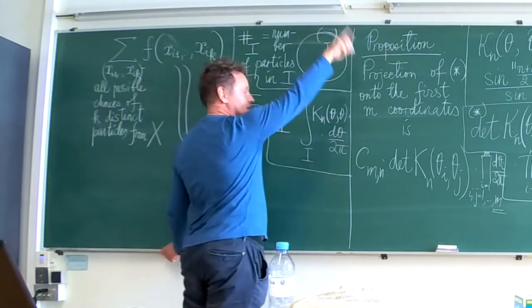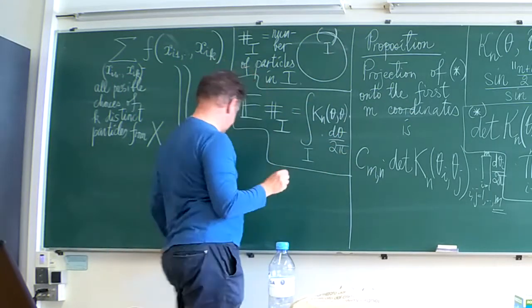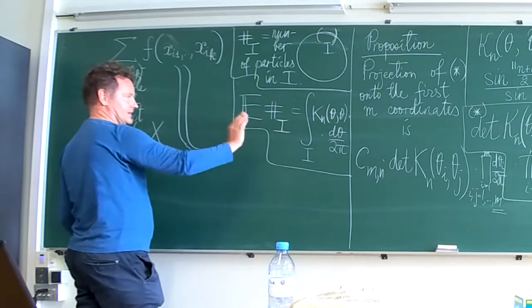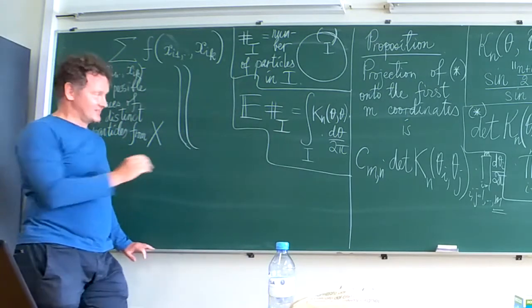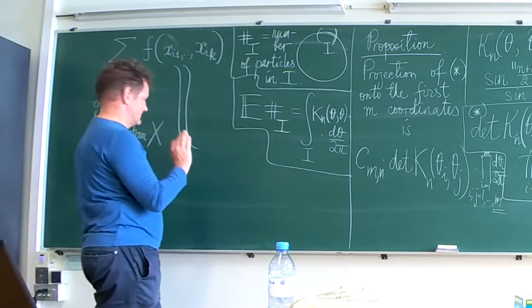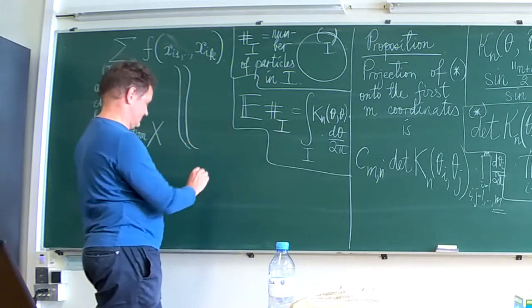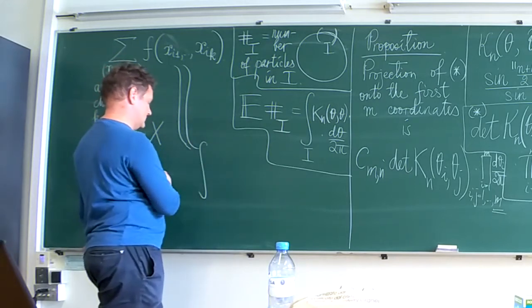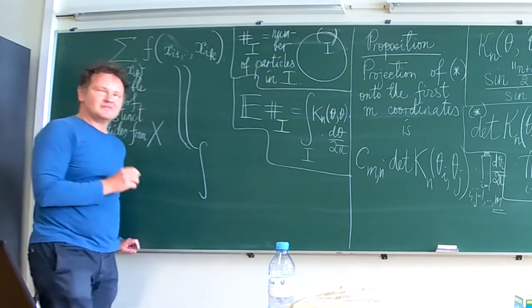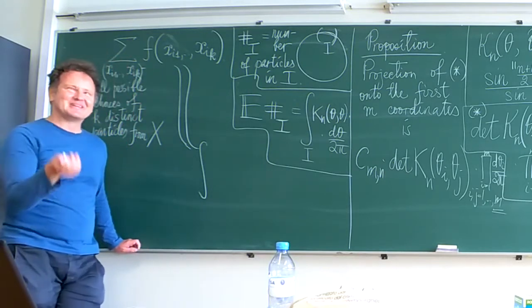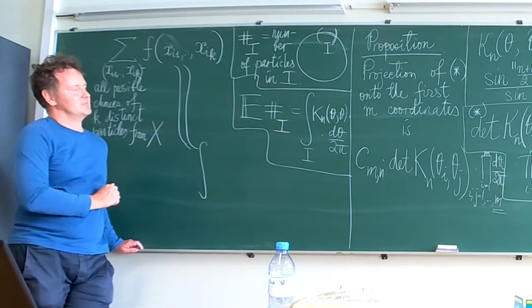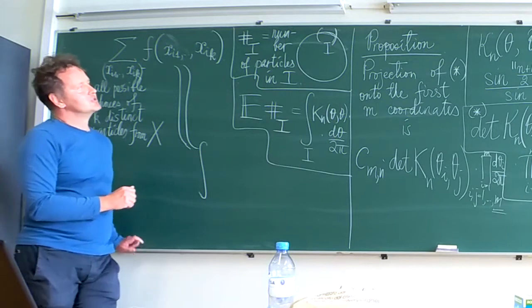The proof of this theorem is a very nice exercise. We can do it next time, but I don't want to deprive you of the pleasure. The proof is really like three lines. Once it's formulated, it's very simple, but maybe to guess it was not so simple. It's usually called Determinantal.